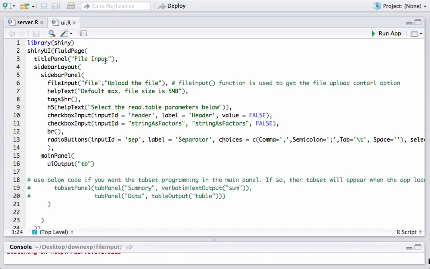Okay, we are in ui.r, and the first thing we have here is loading the Shiny package. So library Shiny, we have the Shiny UI function telling that this is the UI script. Fluid page, title panel, we are just printing file input. You can put your own text, whatever you want. Then we have sidebar layout. In sidebar layout, we have sidebar panel function. We have file input, and there are